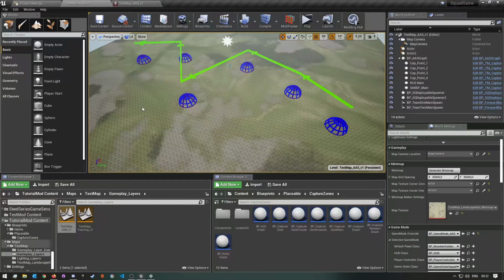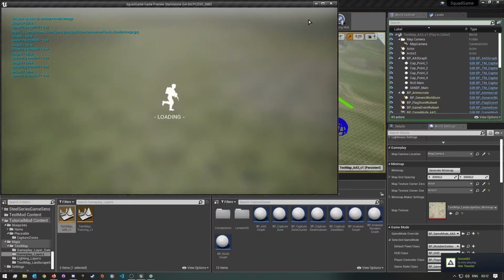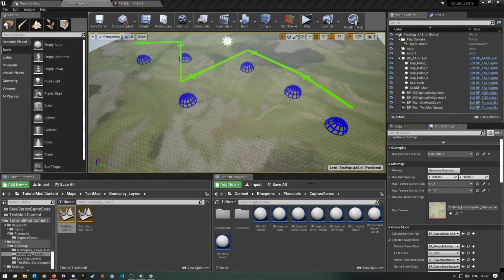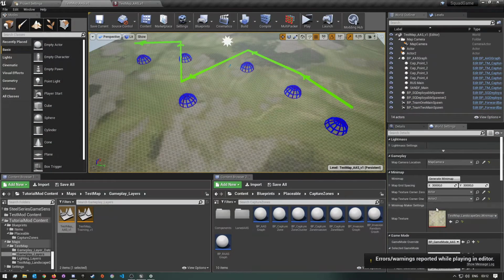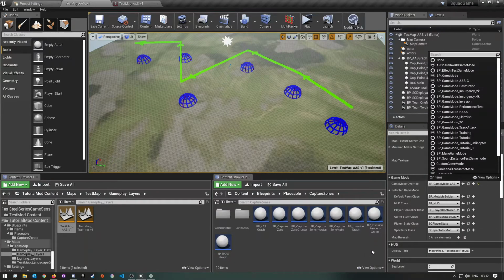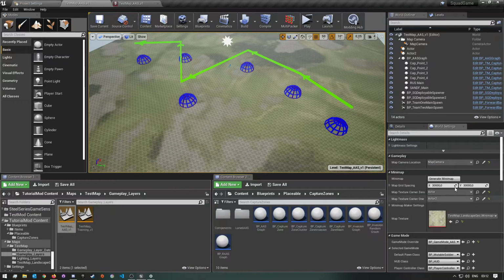And then now I'm sure if I click play, it should work. Yes, okay, so it works. Now, one thing that you also want to do is in your world settings, you want to come over down here to game mode override and set this to AAS also. And then the other thing is also you want to set your minimap stuff here in your map camera if you have it. Now I already have this set up before, and so all you do now is click play, and because everything is working now,